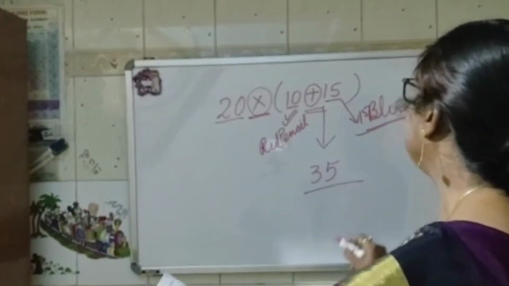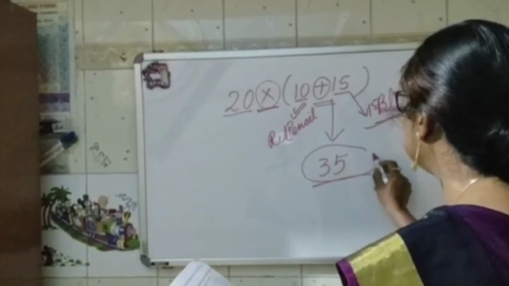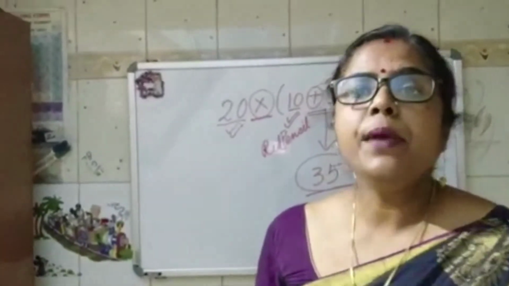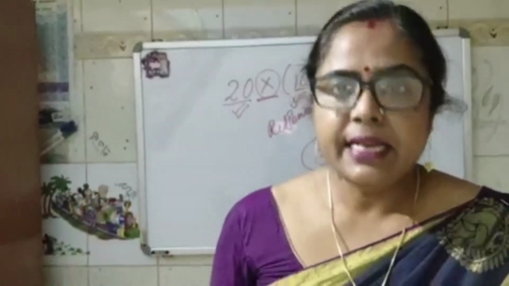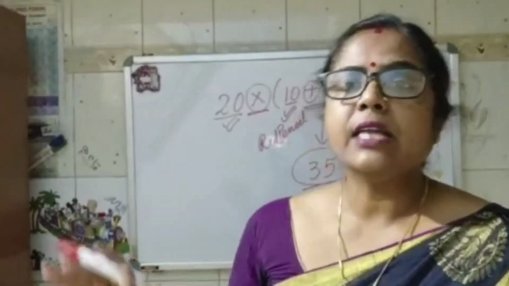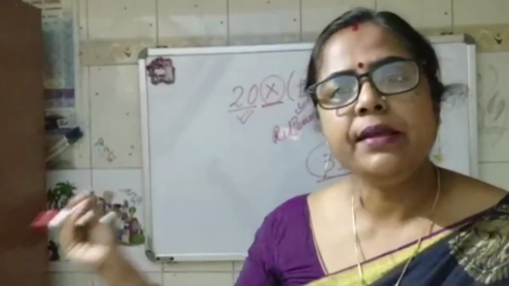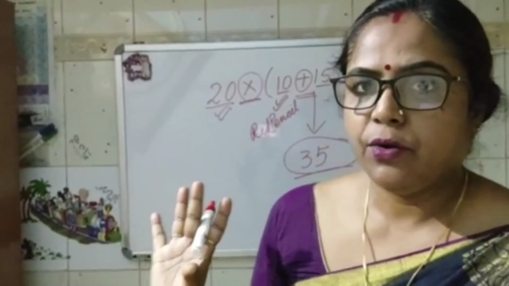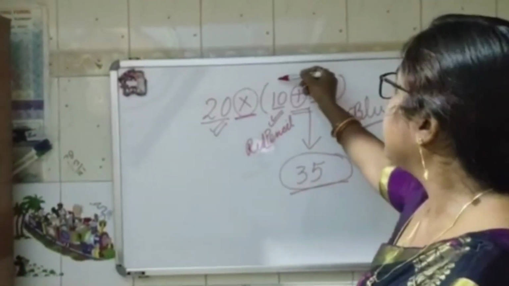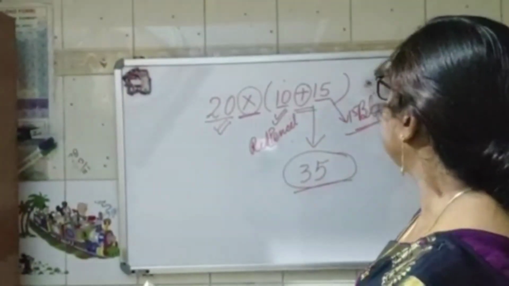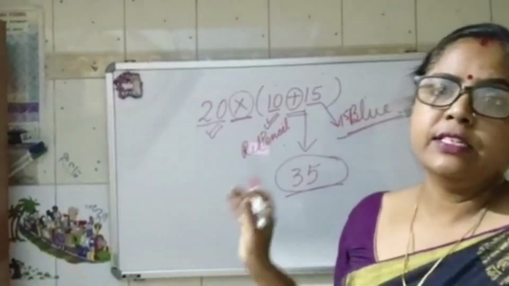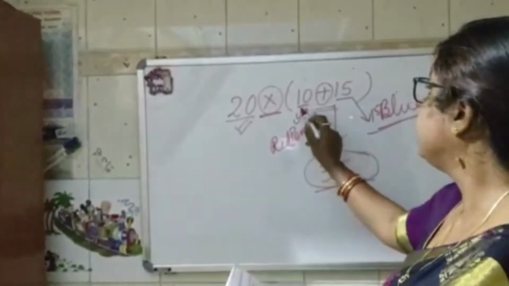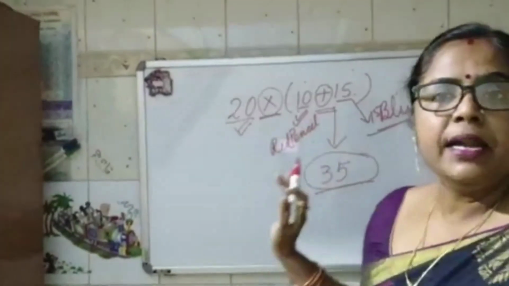Now we have to give these 35 pencils to 20 students. Okay. So it means how many pencils they need. Got it? They have not asked how many red pencils they need or how many blue pencils they need. They want how many total pencils they need. Okay. So we can make a question that Ram had 10 red pencils and 15 blue pencils. He wanted to give to his 20 friends. So how many pencils total does he need? So first we will add these 2 numbers and then we will multiply it by 20.